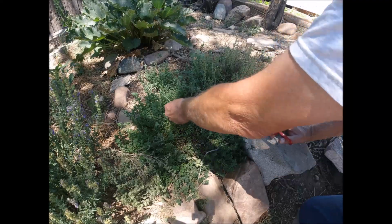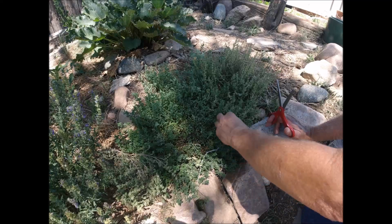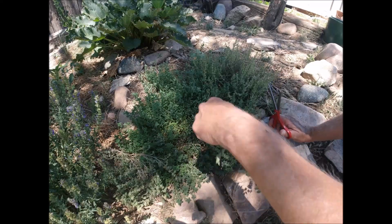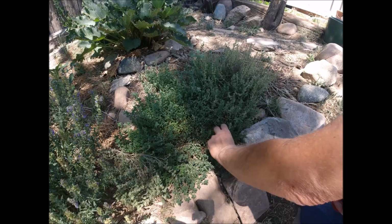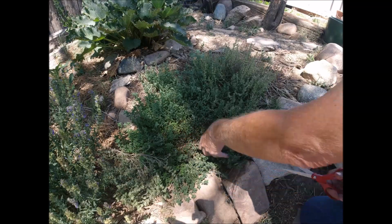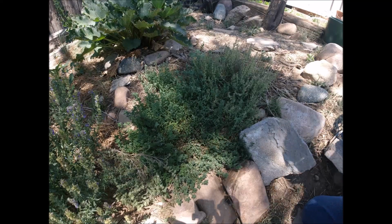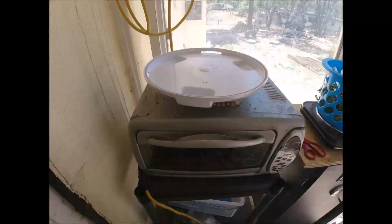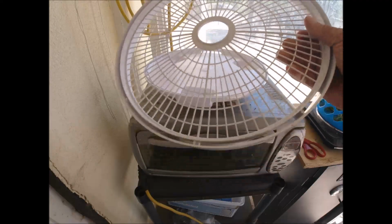Yeah, we don't want to put that in there, do we? That's a piece of grass. Imagine that, grass in the garden. Sticks too. So I'll get back with you when I start laying this out to dry. It's a little different than the oregano. I'll be back then. So to dry my thyme, I use an old Nesco dehydrator,